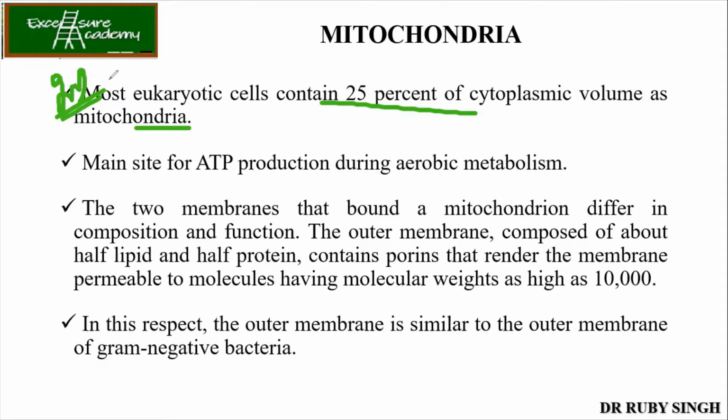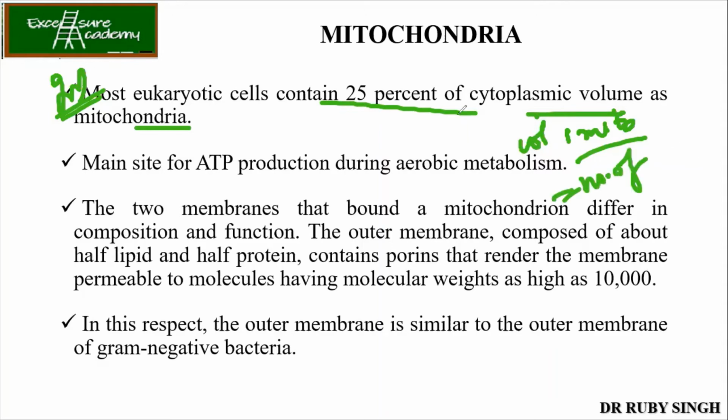If you have a rough estimation of the volume, then it becomes easy. You don't have to calculate from the options itself; you will know the answer. Are you getting the point? Sometimes they give you the cytoplasmic volume, and then they give you the volume of one mitochondrion. Then they ask how many mitochondria are present in the cell. It is actually easy. If you know the cytoplasmic volume, just divide by the volume of the mitochondrion, and you will get the number of mitochondria.